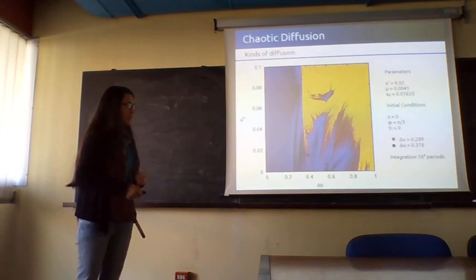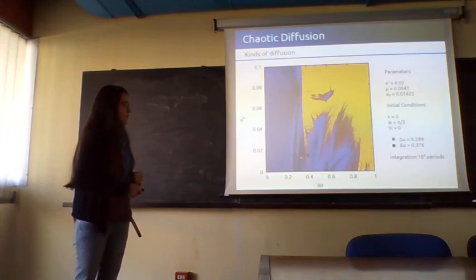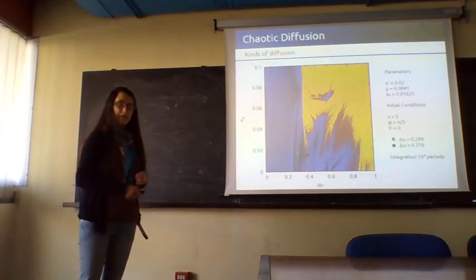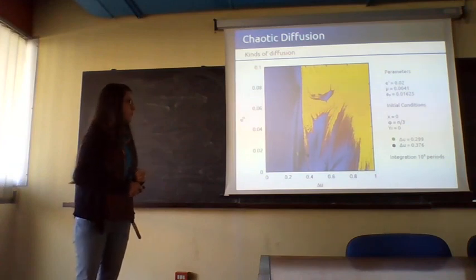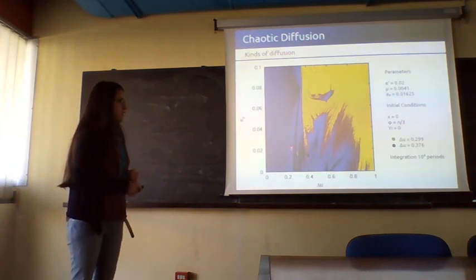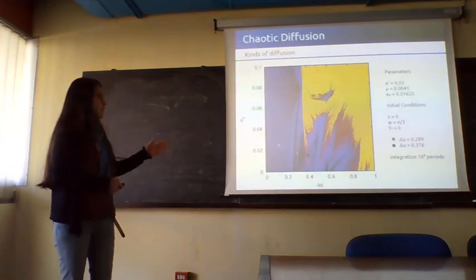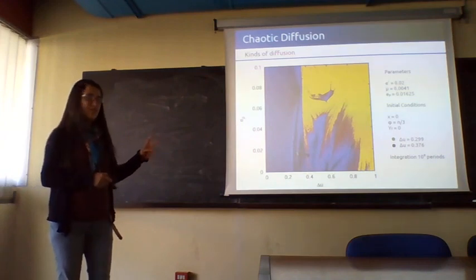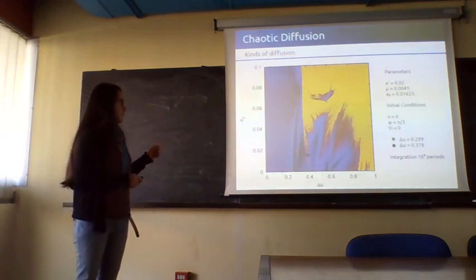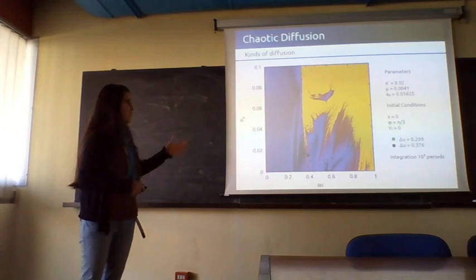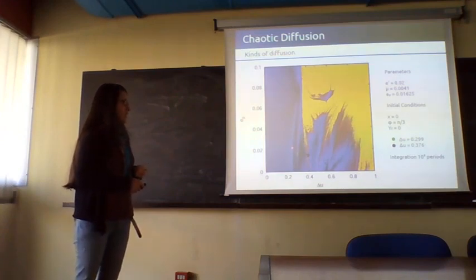And we integrate for exactly the same time. The green orbit, the only thing it does is jump from one side to the other of that resonance, all the time. It doesn't do anything else. This variation that you can see here, you can say, okay, but in diffusing, your supposed proper element is changing somehow, but okay, this difference is inside